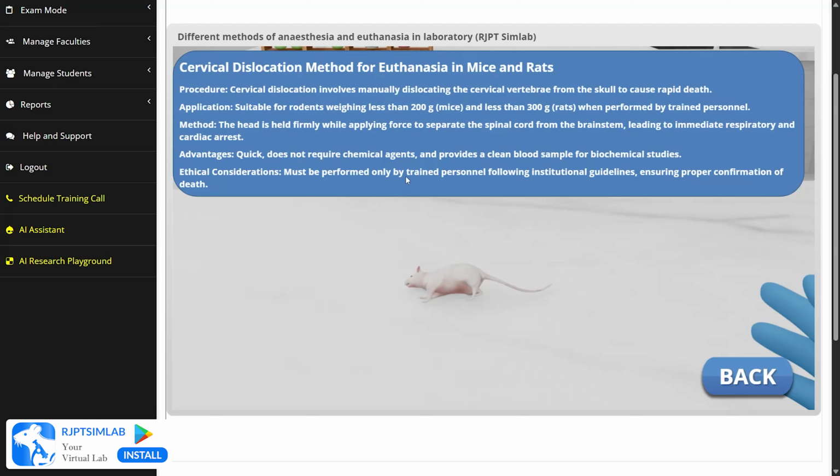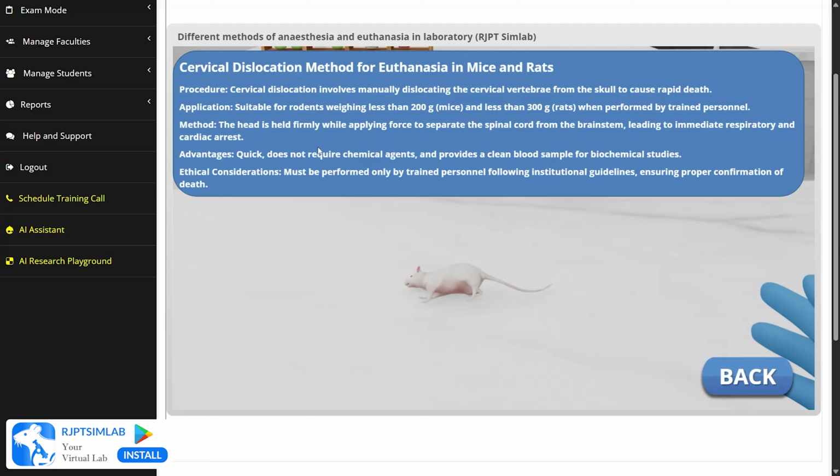The application of this step is that it is suitable for rodents weighing less than 200 grams, such as mice, and less than 300 grams, such as rats, when performed by a trained person. Method: the head is held firmly while applying force to separate the spinal cord from the brainstem, leading to immediate